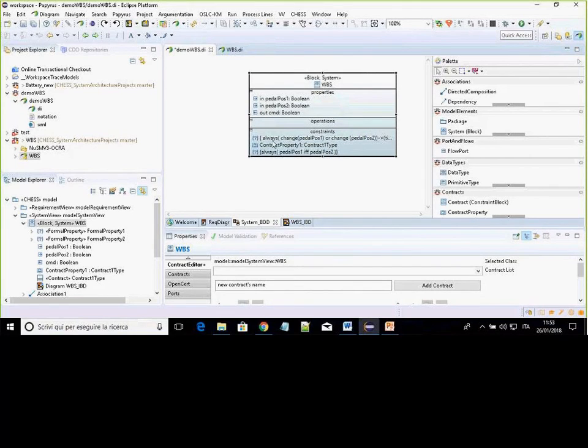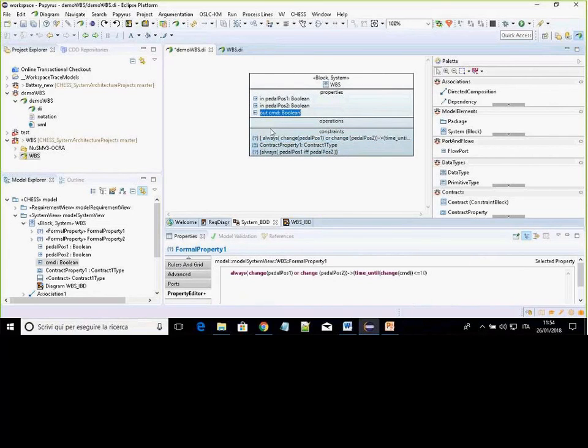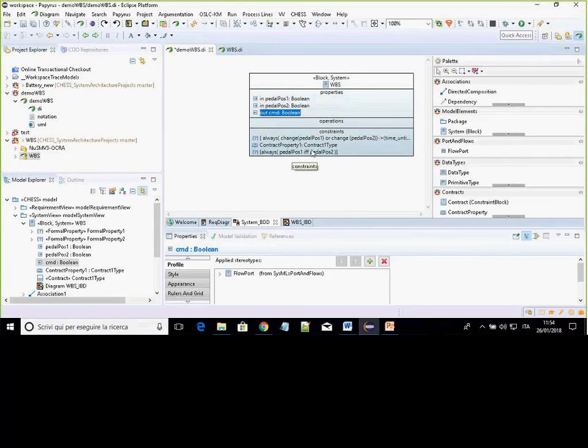I have also completed it according to what has been presented by Alberto. I have created a contract that aggregates two formal properties, one represented as the guarantee that I've shown before, and I've also created a formal property about a possible assumption